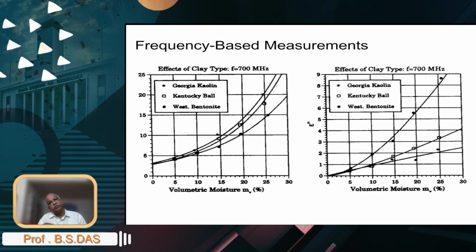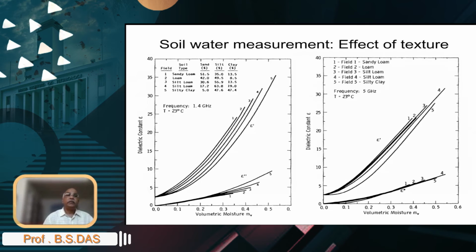As the bulk, the relative dielectric or the dielectric constant is the sum of the real part and the imaginary part, and so you can see that as you change from one soil to the other, these curves are a little farther away, and if you increase the frequency from 700 megahertz to about 1.4 gigahertz, you see that these dielectric constants with volumetric water content, specifically this imaginary part, is now becoming very close to each other across different soil types, and you increase further from 1.4 gigahertz on the left and go to the 5 gigahertz level, you see that most of these different soil types are coalescing, and merged with each other,